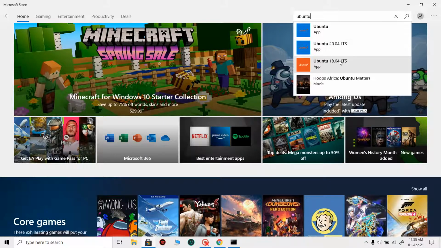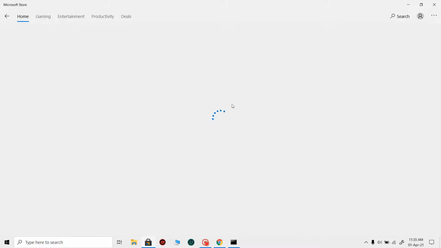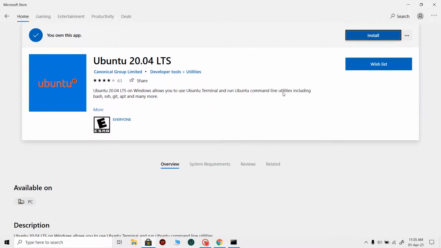In Ubuntu, there are LTS versions. LTS versions are long term support for nearly 5 years. So we can go for that, Ubuntu LTS 20.04, and then it will take some time. Now we will install it.